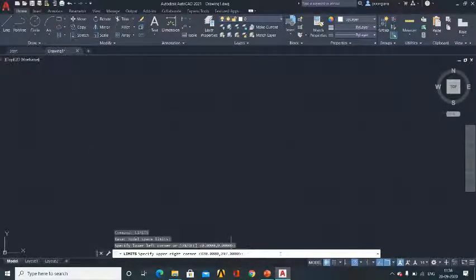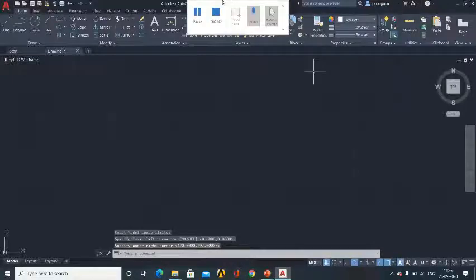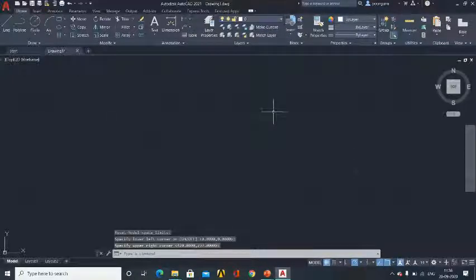Then you put enter, and always the upper right corner is 420, 297, and you enter. This is to ensure that you have the A3 sheet layout in AutoCAD. So the units command is to set the units to millimeters, and the limits command sets the sheet size. That is the reason we are doing this.